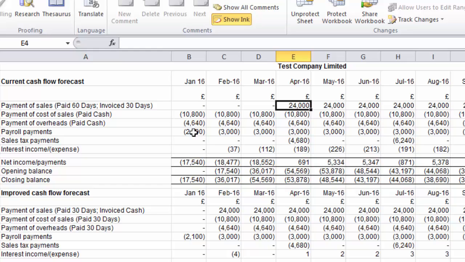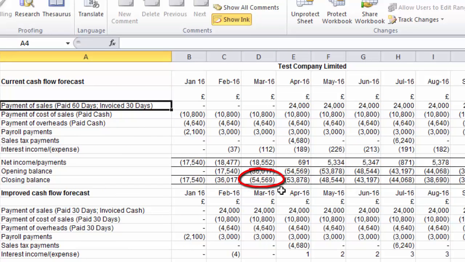the net you're paying to employees within the month, and then you'll see here it jumps up to include the amount you're paying over to the government for the amount withheld, PAYE in the UK, or however you have payroll taxes in your country. And then you've got your sales tax payments, and then interest income or expense, and in this case it's in brackets because it's an expense, because in isolation, if you didn't have any cash in the bank, and this is where it highlights the cost of money if you like, you would have to run an overdraft here or borrow money to the tune of just over